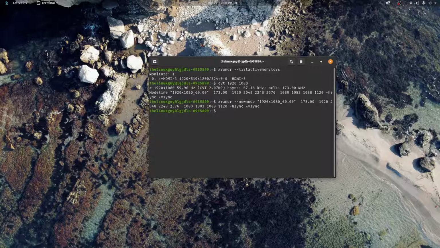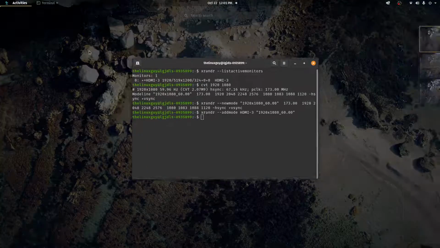All right, that's done. And now we need to do one more thing with xrandr. We need to actually add the mode. And this is going to make it available for us as an option in that menu that I showed you before. So what we want now is this HDMI-3 or whatever you have. So go ahead and copy that over here and put it in here. And then the other thing we need to do is specify the resolution, which we've actually collected. It's also here. So on the mode line, we've got it right here. So if we go ahead and copy that and run this, xrandr will run,